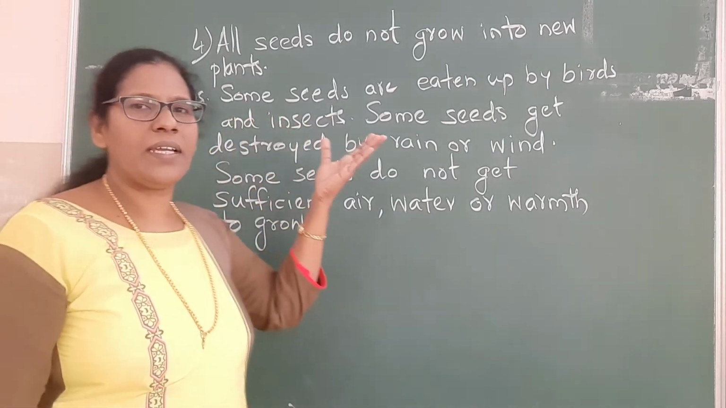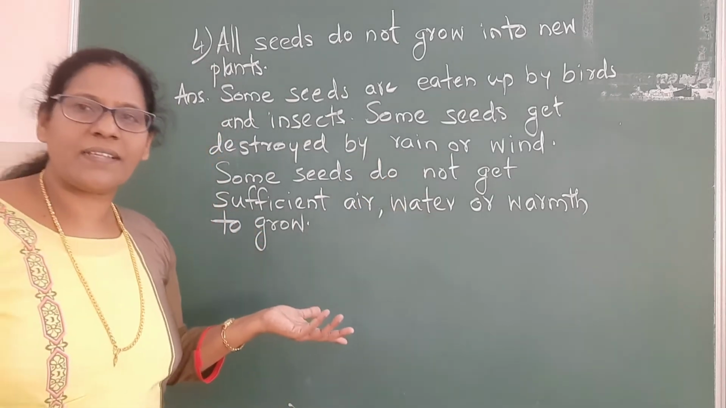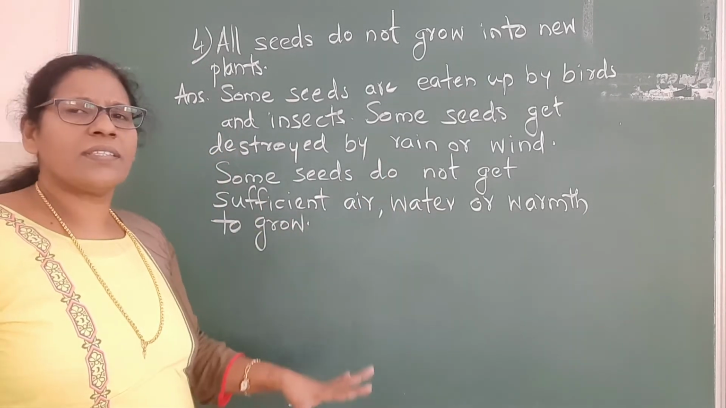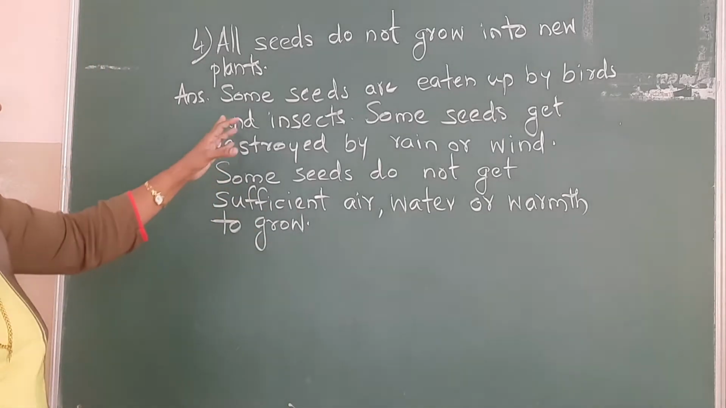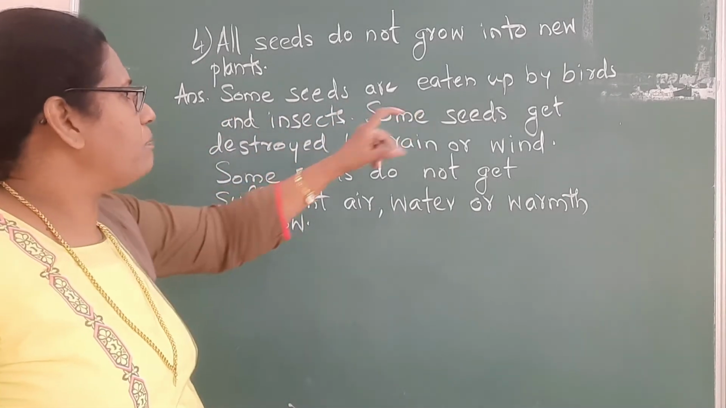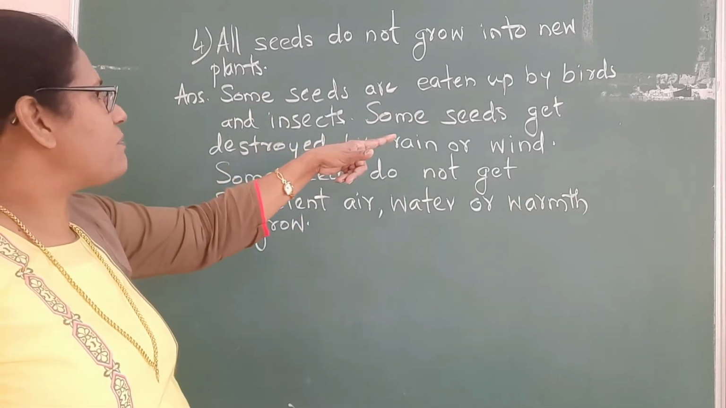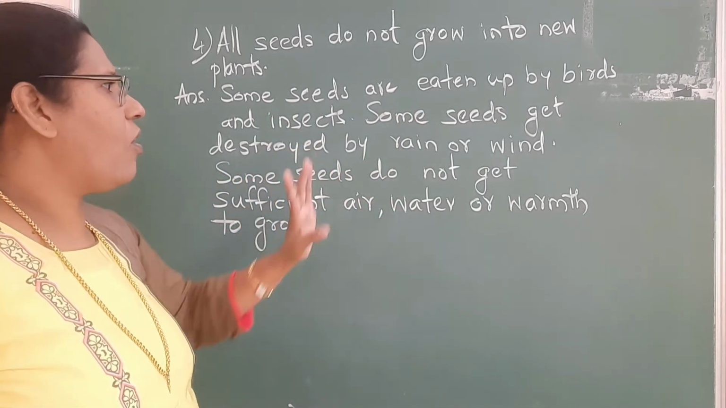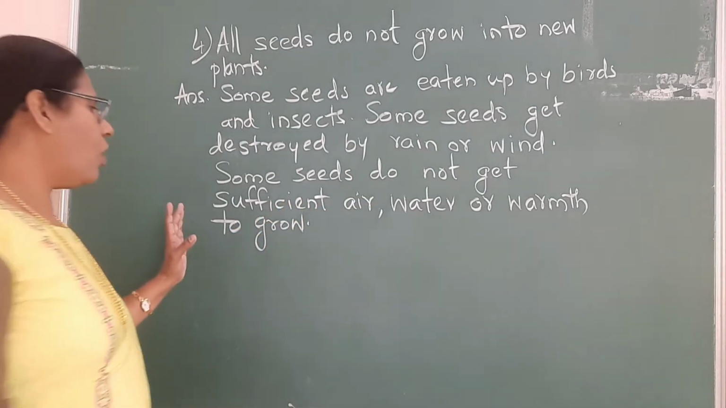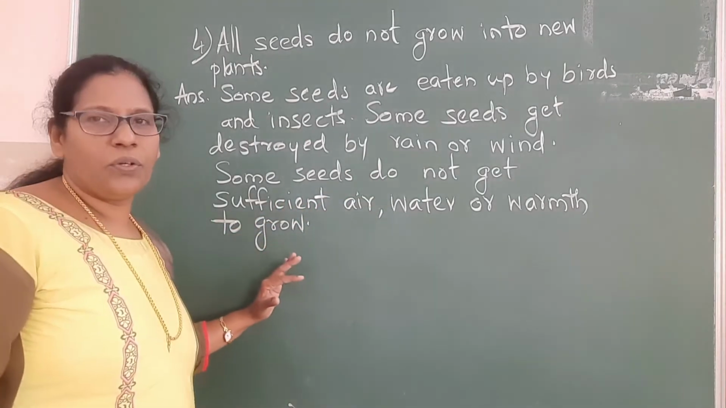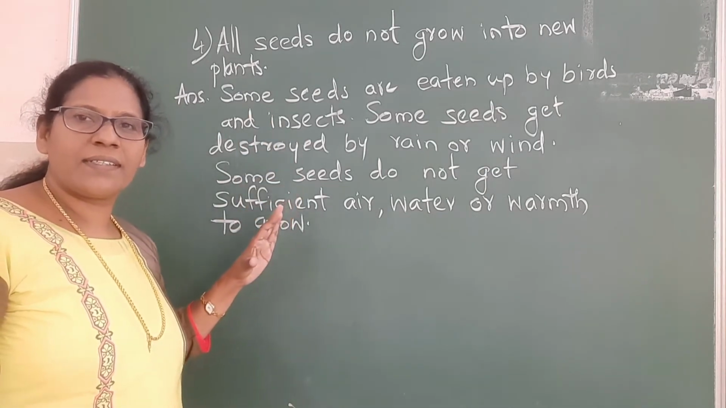And some seeds are eaten by birds and insects. So all the seeds will not grow into a new plant. That is what it says here. Some seeds are eaten up by birds and insects. Some seeds get destroyed by rain or wind. Some seeds do not get sufficient air, water or warmth to grow. With this, give reasons for